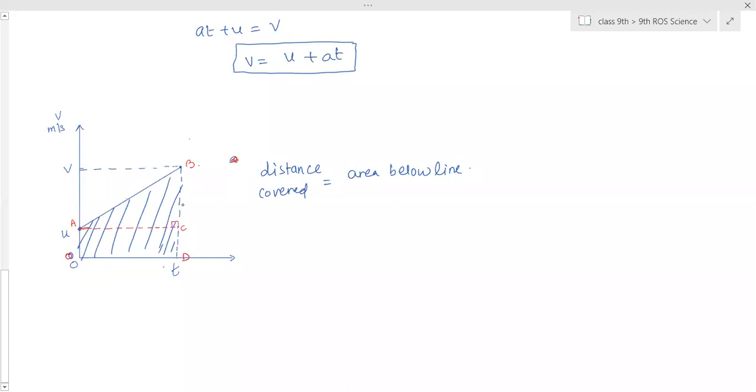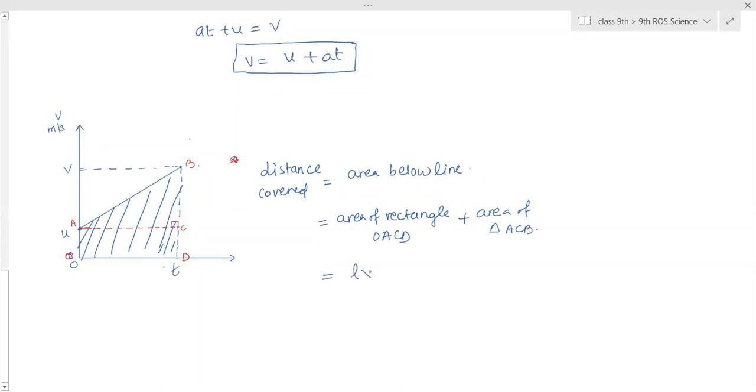One, by finding the area of the trapezium. ABDO is a trapezium. And the second way, we can calculate the area by taking the triangle and rectangle areas. Can we find this full area by taking the area of rectangle plus area of triangle? Yes, ma'am. So we are using the method of splitting the full figure into two parts: the area of rectangle OACD plus the area of right triangle ACB.